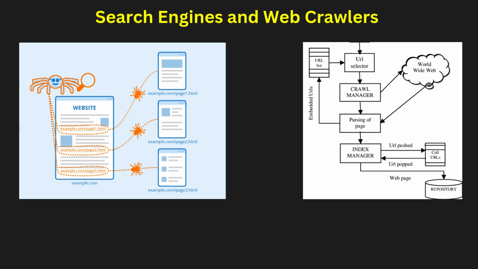There are two main parts to SEO: on page and off page. On page means content structure and off page is backlinks, reputation. The better your SEO, the higher your site ranks and the more traffic you get. Search engines consider user experience, relevance, and authority in their rankings. So whether you are building a site or marketing online, SEO is a must know skill. In short, search engines are how the web organizes and delivers knowledge to users.